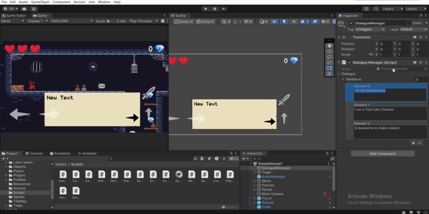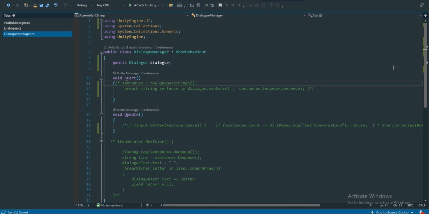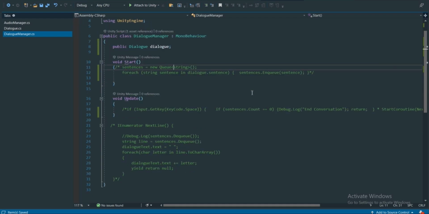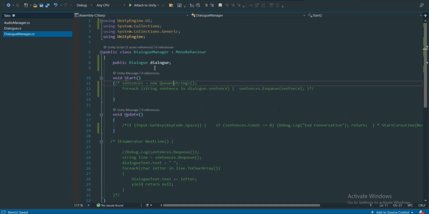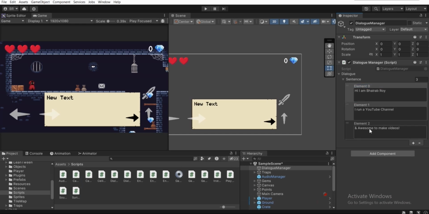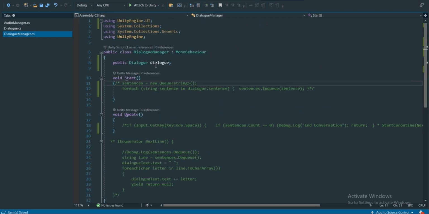Now if I open up the dialog manager script, what we have to do is use a queue. What we're going to do is put all of these sentences into a queue. We can make a string array, but it's preferable to use a queue. We're going to put all of these sentences into that queue, and after that extract these sentences one by one. To do so, let's open up our dialog manager script one more time, and to make a queue